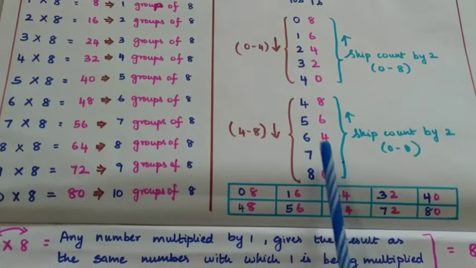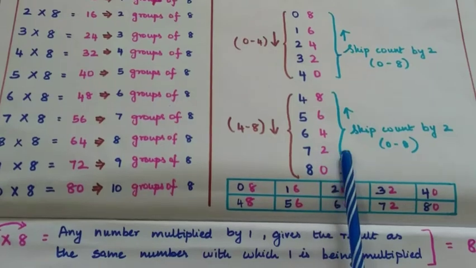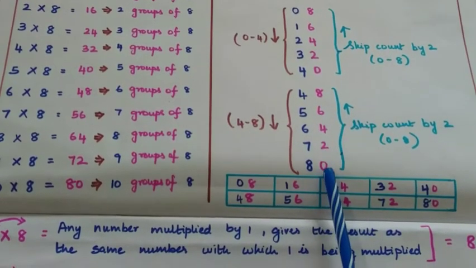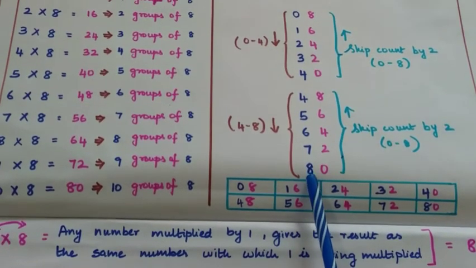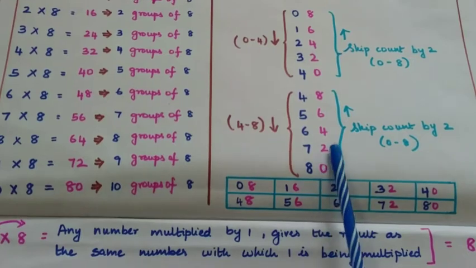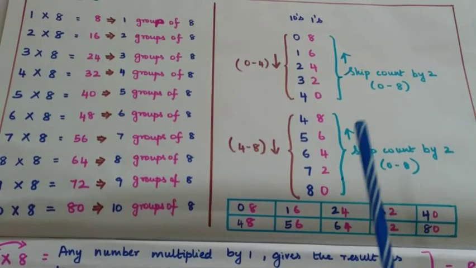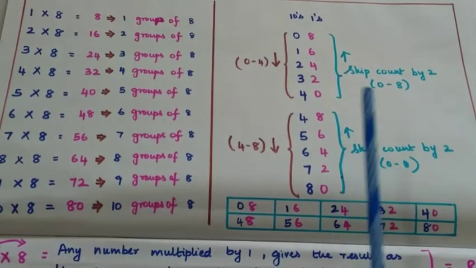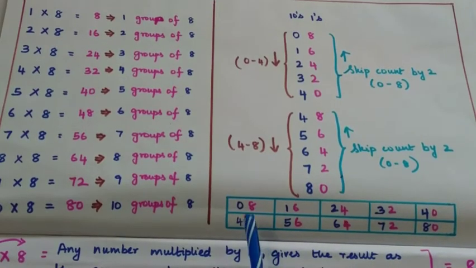Similarly, you need to write the same pattern here also. You can either skip count by 2 in the backward direction and write 8, 6, 4, 2, 0, or if you feel that is difficult, then you can start from the tens digit 8 and write 0, 2, 4, 6, 8. Once you fill in all the numbers, you find that you have obtained the results of the table 8. You can either write like this or you can use a tabular column to obtain the result.